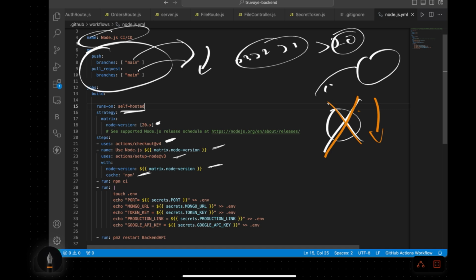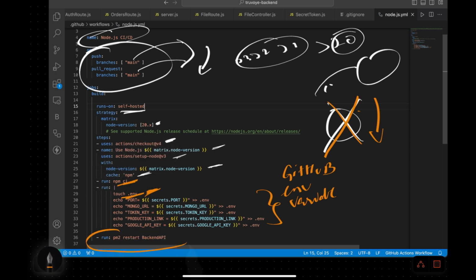So before making the new code live, it will create an env file, as I mentioned before. Then it will take these variables from my GitHub environment variables. It will create that file. Basically touch means to create a new file, because my npm clean automatically deleted this file, so it will do this. Then at the last,